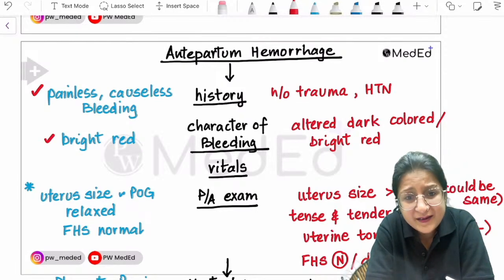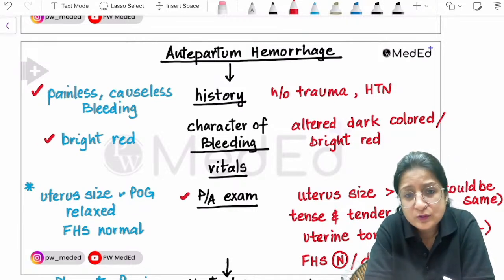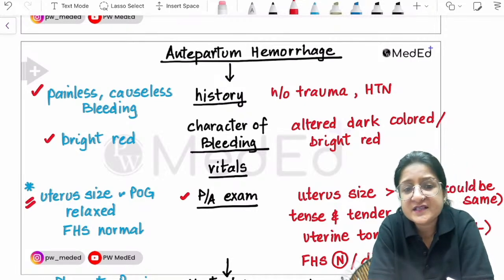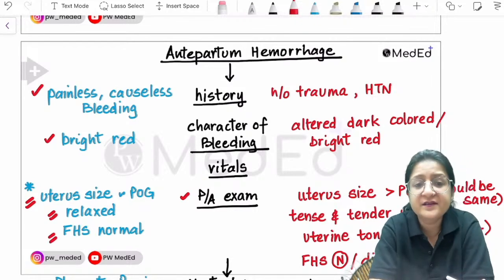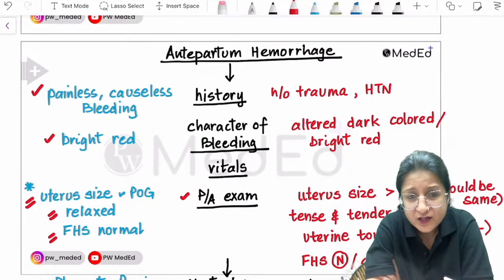If it's a bright red bleeding, look at the abdominal examination findings also. If they tell you that the size of the uterus is equal to the period of gestation, the uterus is given to you as relaxed and the fetal heart rate is given as normal, it is more likely placenta previa. Okay, so in placenta previa, uterus size usually is going to be equal to the period of gestation,